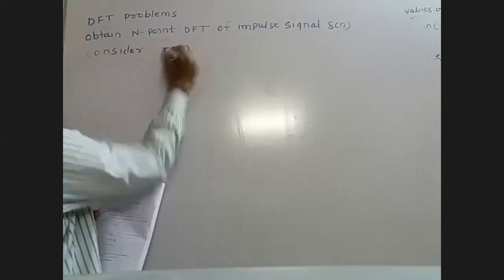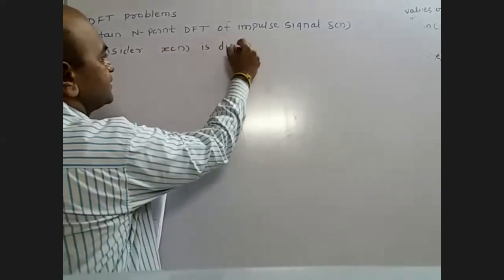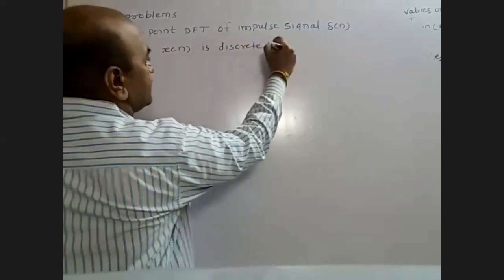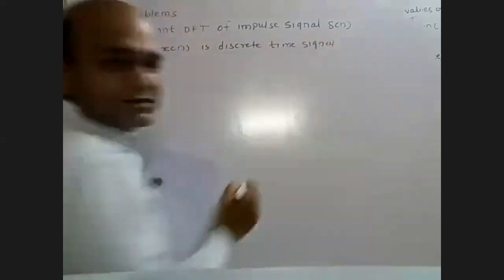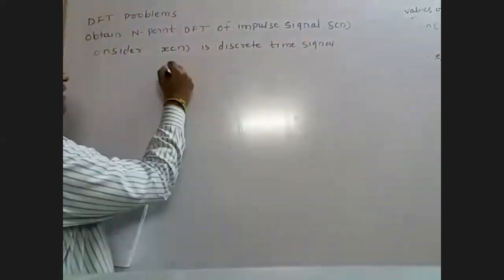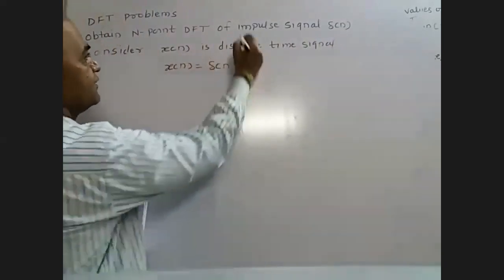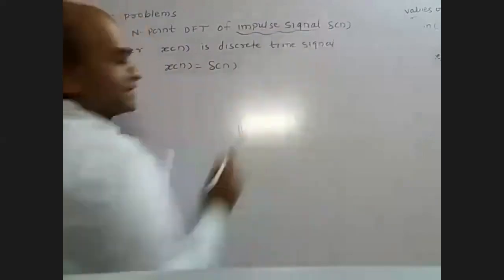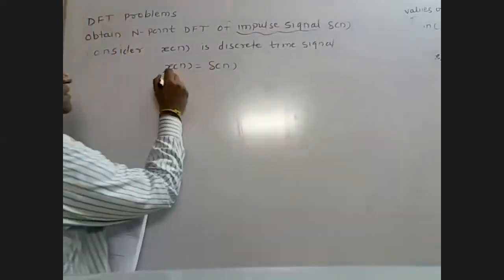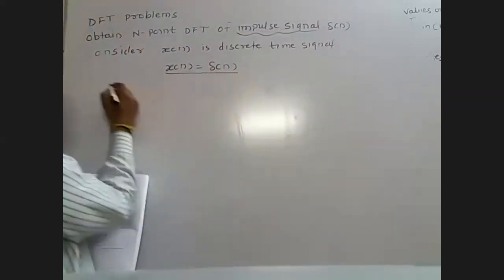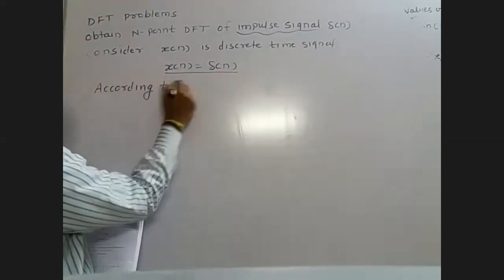x of n. x of n is a discrete time signal. Now this discrete time signal x of n is nothing but del of n. This is the impulse signal. This is our input. Now, according to